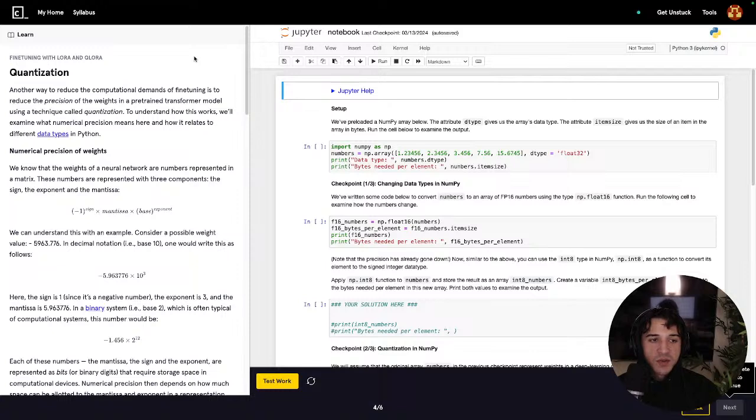We know that the weights of a neural network are numbers represented in a matrix. These numbers are represented with three components: the sign, the exponent, and the mantissa. Just a random fact, mantissa is my favorite word in mathematics. It's just a fun word. It's a beautiful word. So anyway,